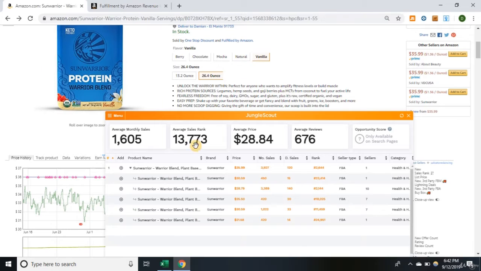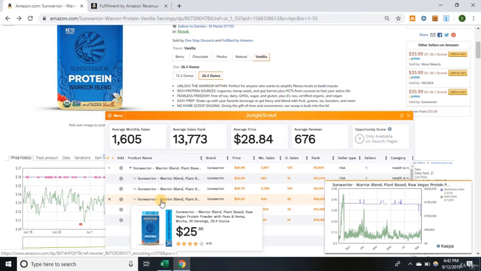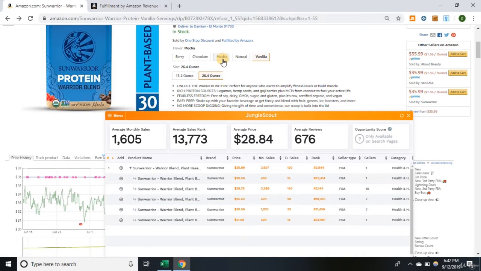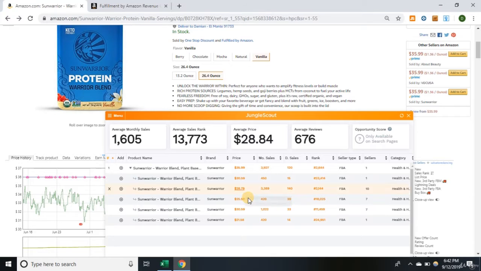You see natural over here. Mocha gets 420 a month. You see mocha up here. Yeah, so those, I guess they're kind of reliable, but just be wary because overall this listing probably gets about 4,000 sales a month, and then you have